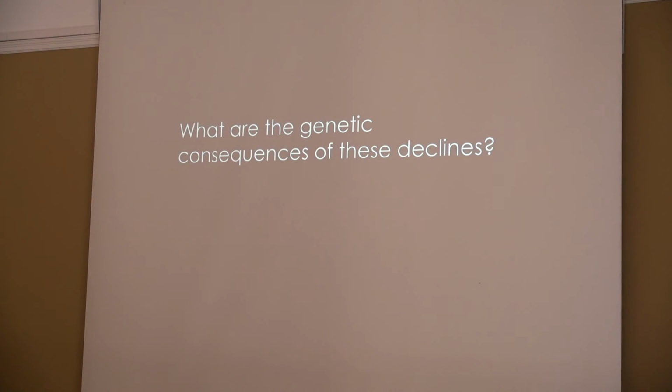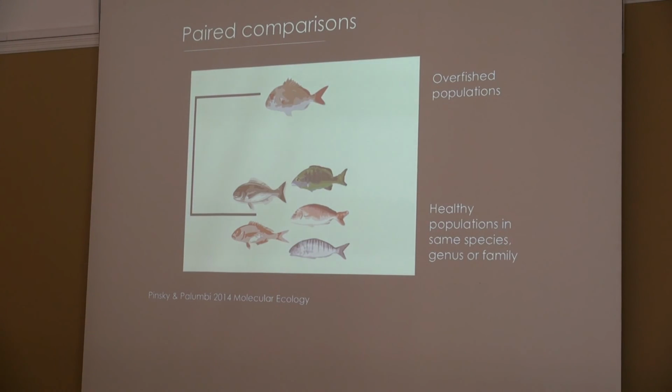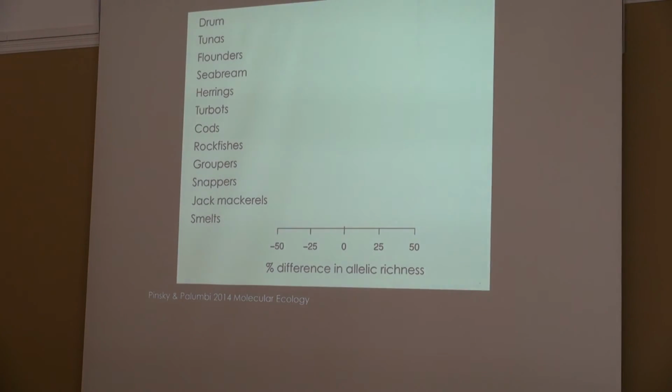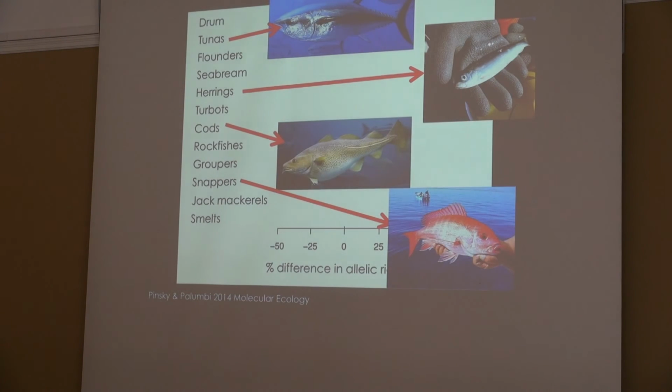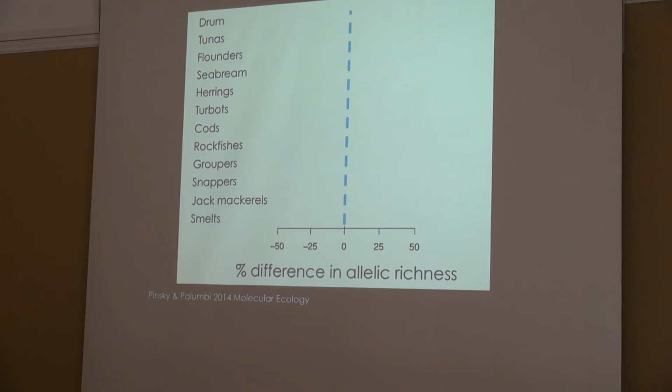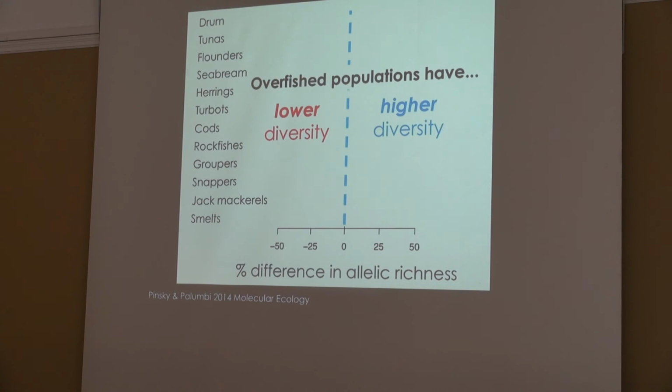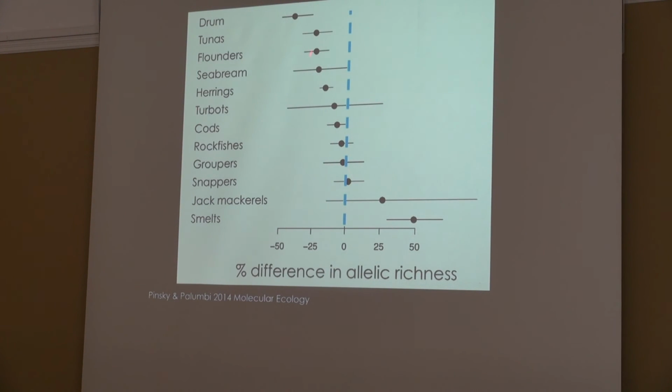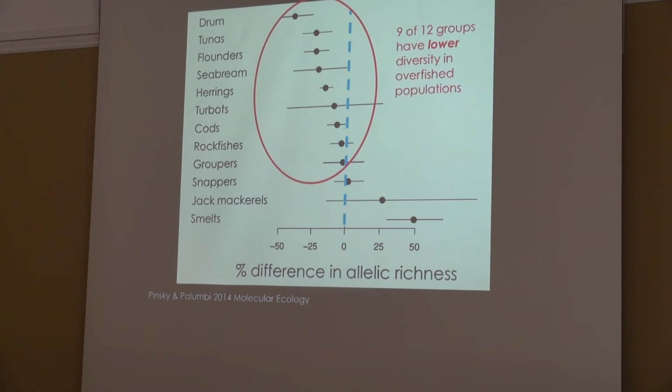One of the other questions we became interested in is not only what kinds of species are declining, but whether there are genetic consequences. So, very briefly, we pulled together data on genetic diversity levels in each of these species and did paired comparisons between species that had collapsed and those that hadn't, looking at everything from tunas to herring to things like cod and snappers. I'm going to show you results. The results are on this axis here, where species that had collapsed, with lower genetic diversity, are down here and higher genetic diversity over there. What we saw is that in most cases, species that had collapsed in the ocean had lower diversity, about 10% lower,